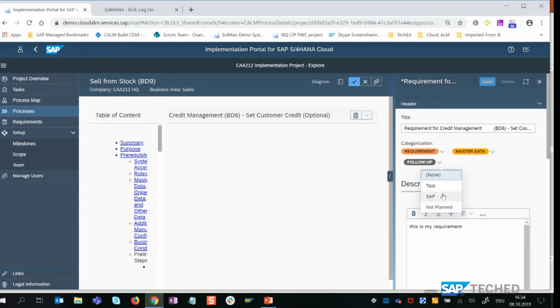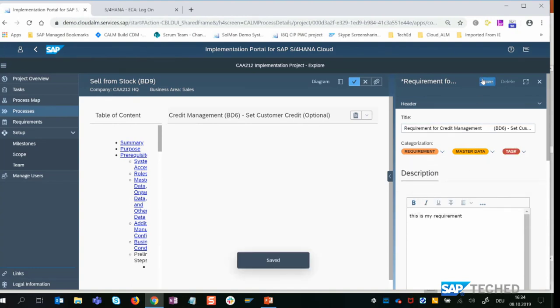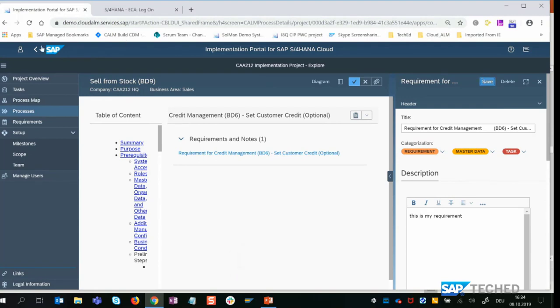If this is a follow-up topic with SAP, you can flag it as SAP. Or if it is a requirement, but you don't want to implement it now, you can say it's not planned yet. But we want to have it as a task, and we can save it here.